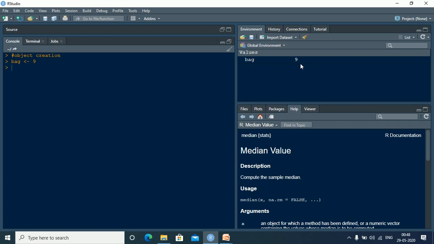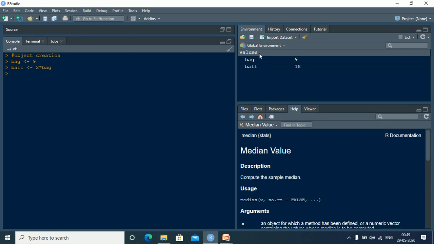Now let us create another object ball which is 2 times bag, right? So we have created ball which is 2 times the bag.